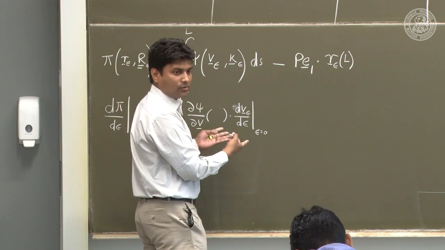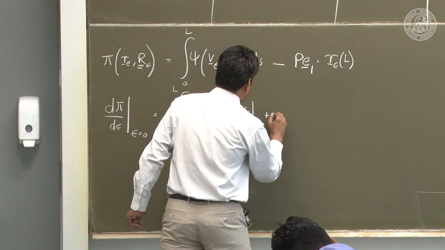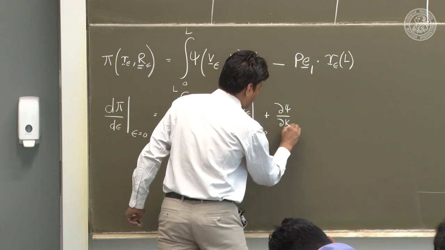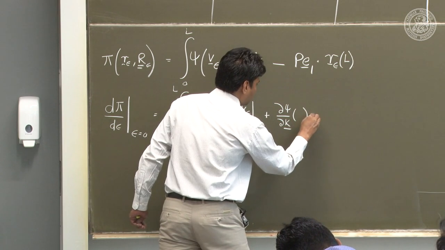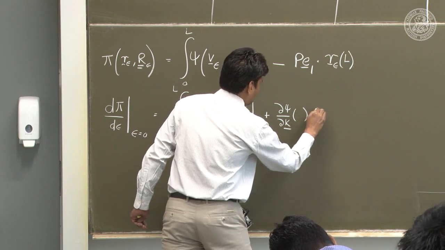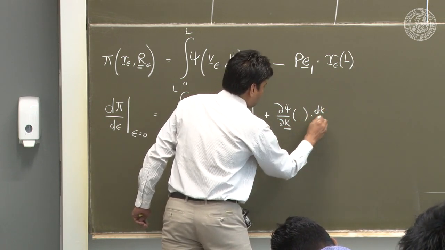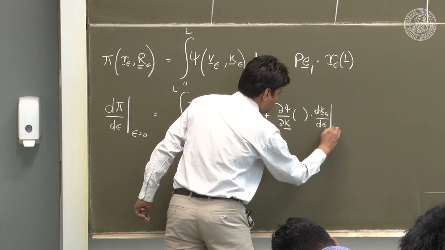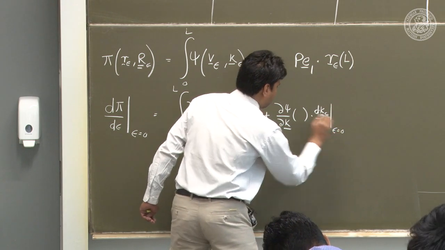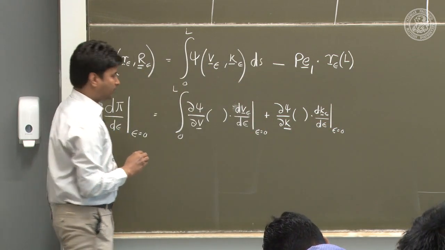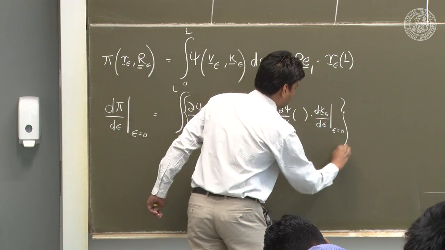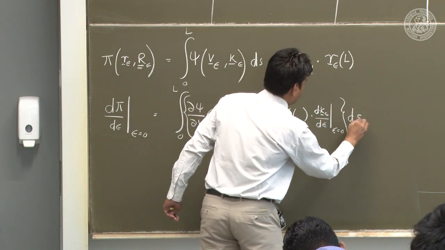Right, simple chain rule, plus del psi over del K dotted with dK epsilon over d epsilon at epsilon equal to 0, ds minus